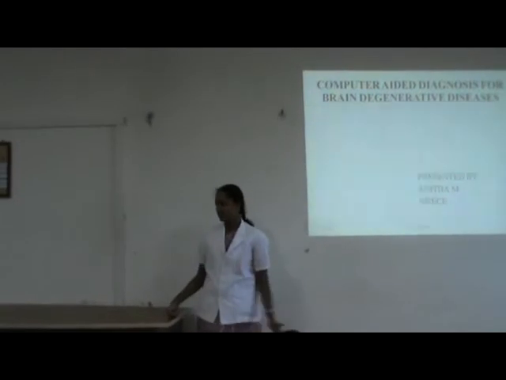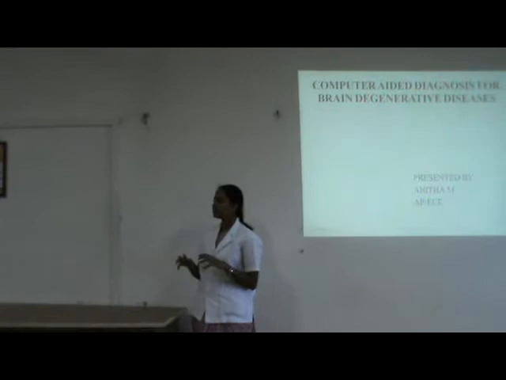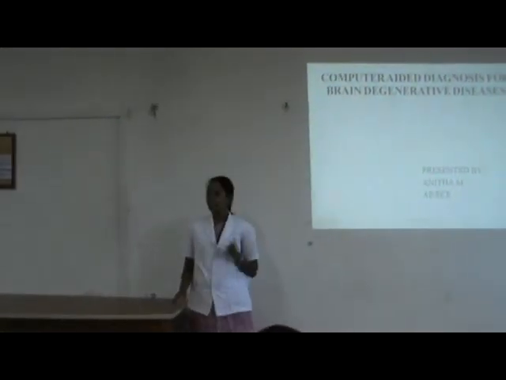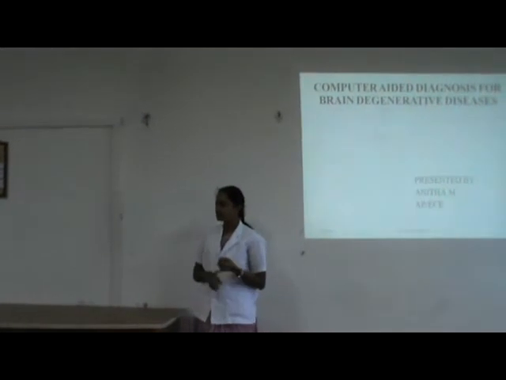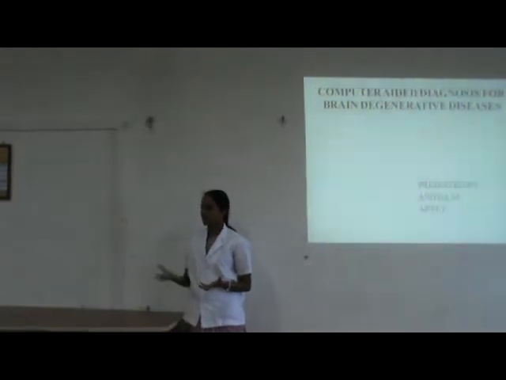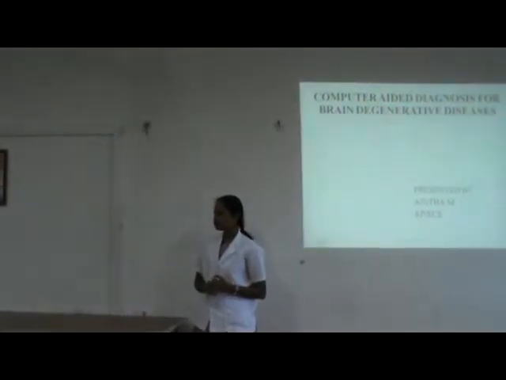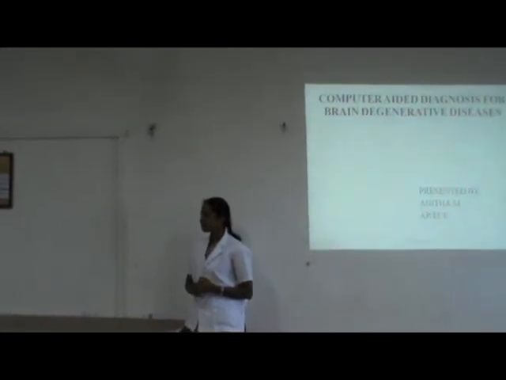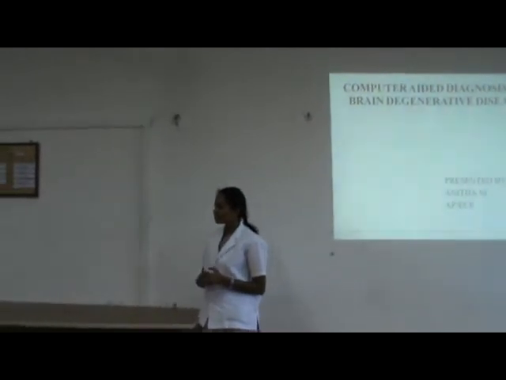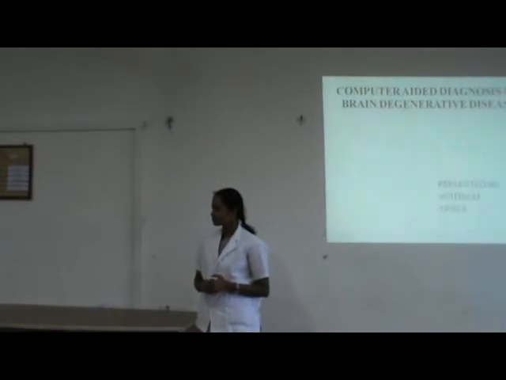From the net I have taken all these images. We can take images from persons who are affected by brain tumor or hydrocephalus. Here I have considered only two degenerative diseases: one is brain tumor and the other is hydrocephalus. If a person is affected by that, we can do it by taking those images. Yes, the output will not vary, whether we get real images or get them from the net.